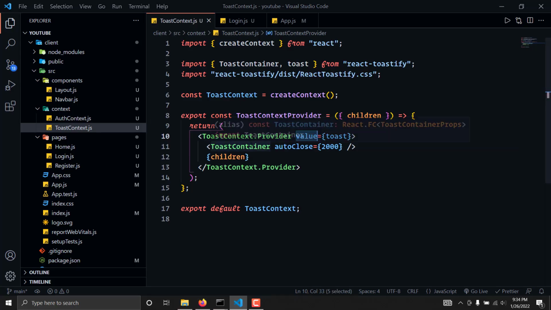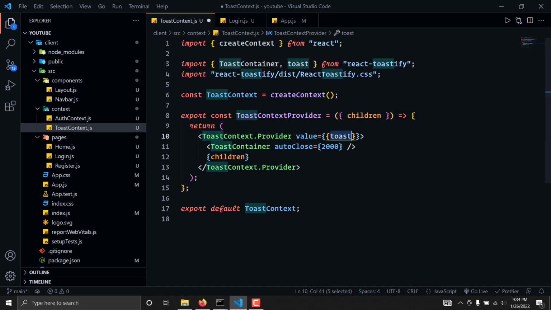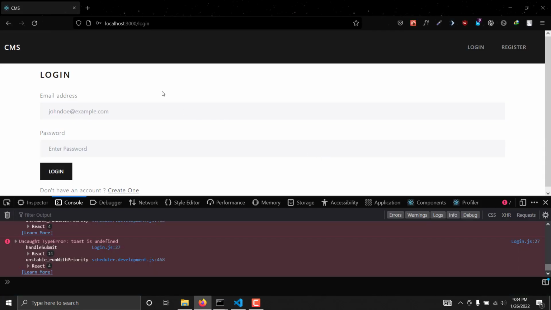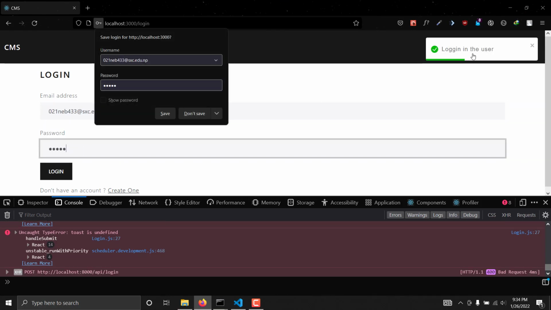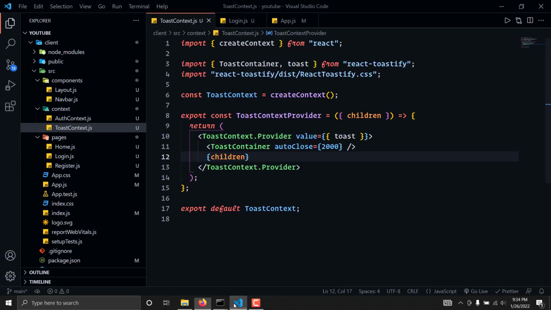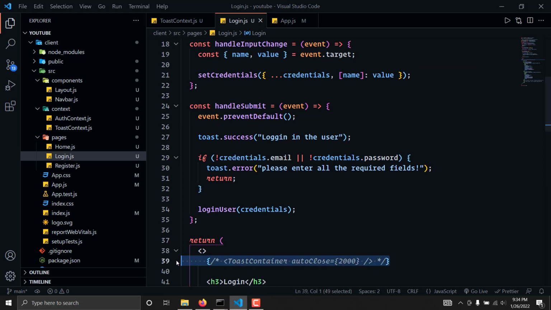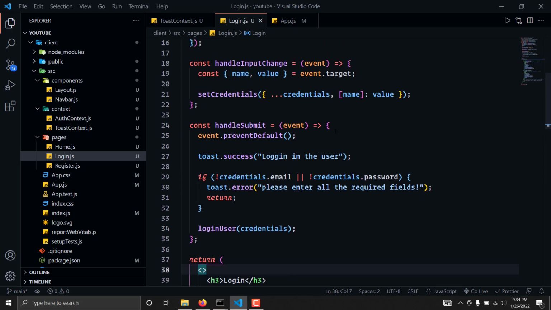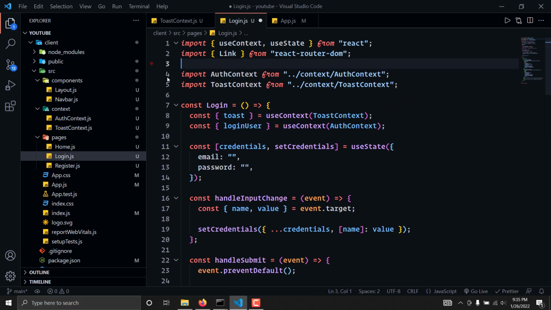So let's see what we have messed up. So this is the toast context provider, and sorry, we have to pass this in an object, not in single braces. So if I write here anything, as you can see, logging the user is, we are getting the state. So we'll go to the login here, remove this part. Similarly, I'm going to also remove this part,